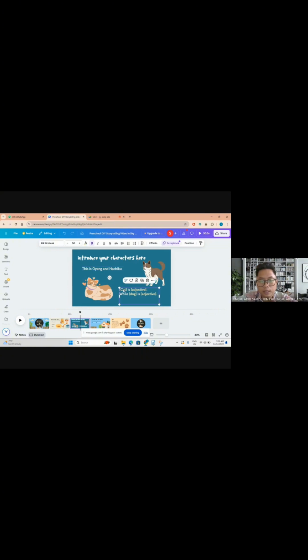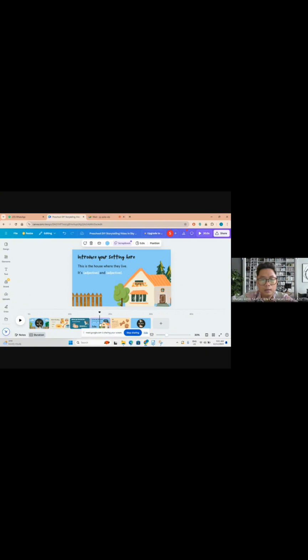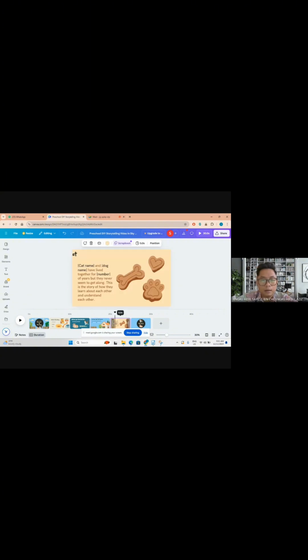For example, cat: what is the name of the cat? And the adjective, what adjective will they be using? In this one as well, adjective and adjective, and this one cat name and dog name and the number. So basically, this is the template that they will be using. Let's see how it goes.